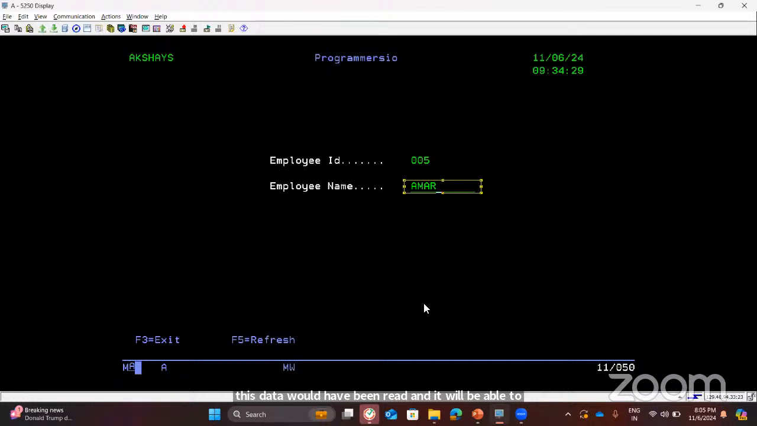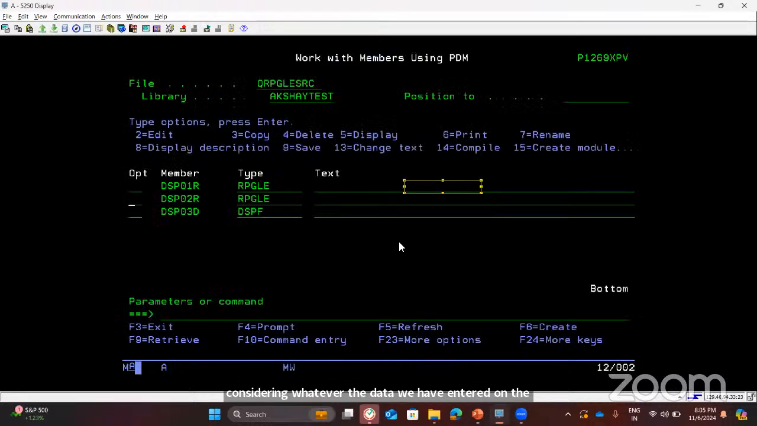So this is the difference. CA will directly perform its action and is not bothered about the data, and the other one considers whatever data we have entered on the screen. This is that. Now